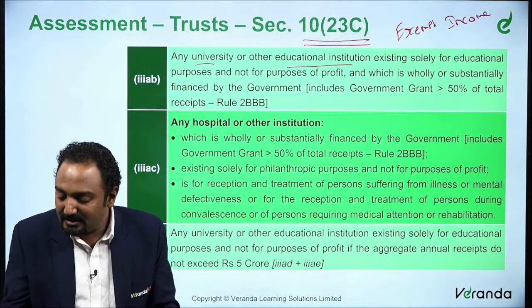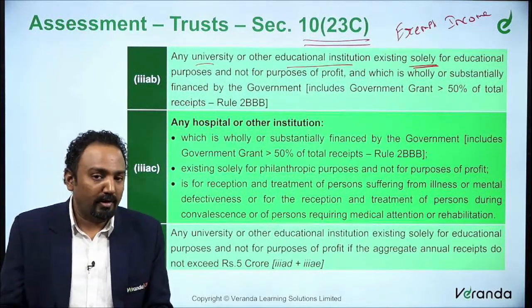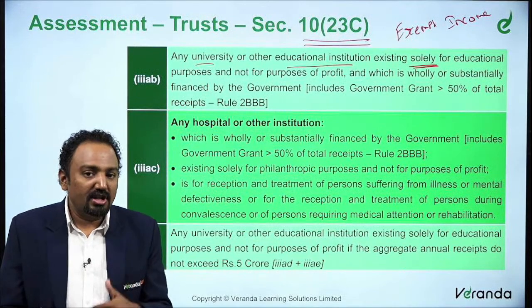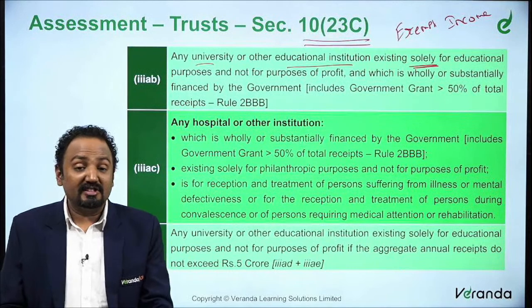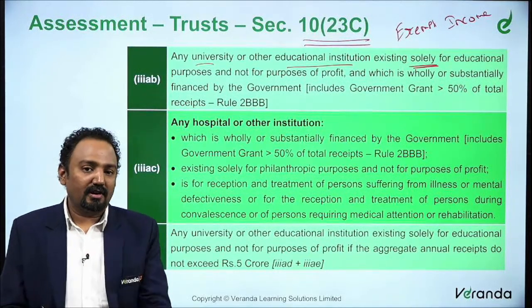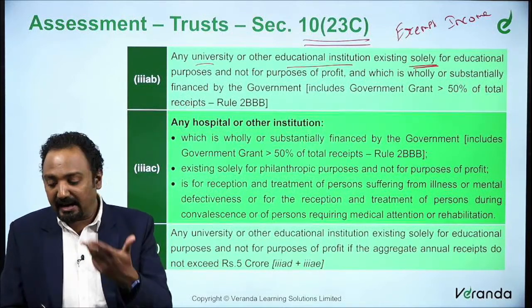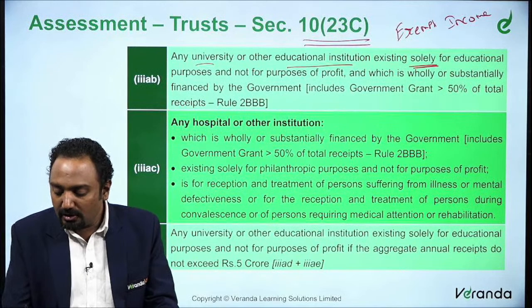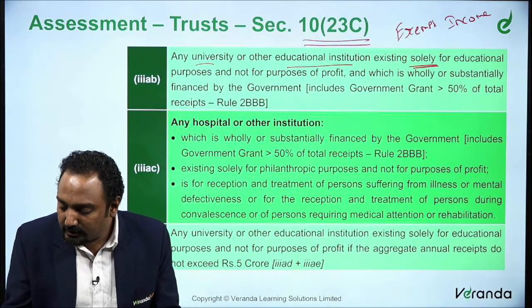That is what they are saying, existing solely for educational purposes and not for the purpose of profit. So of course, it must be an organization which is not for the purpose of profit. That is a very basic condition. When we started the trust, when we did the introduction, we said it is a not-for-profit organization, and we also said they are philanthropic in nature. So that is the category that we are talking about. It is not for profit, and which is wholly or substantially